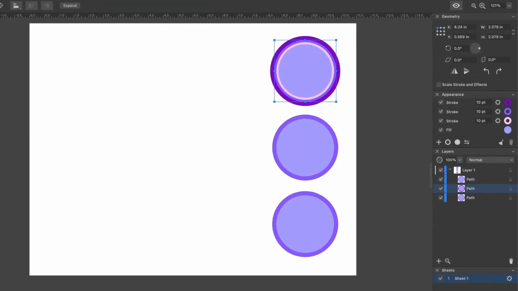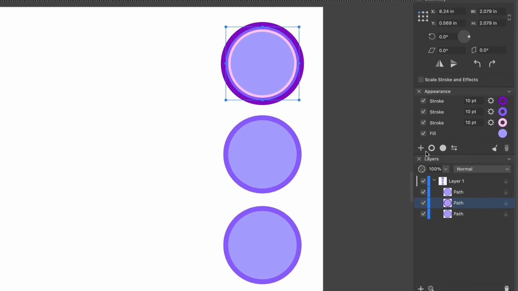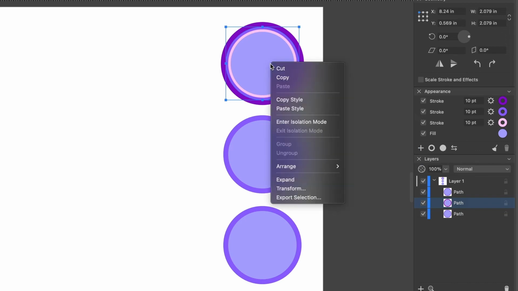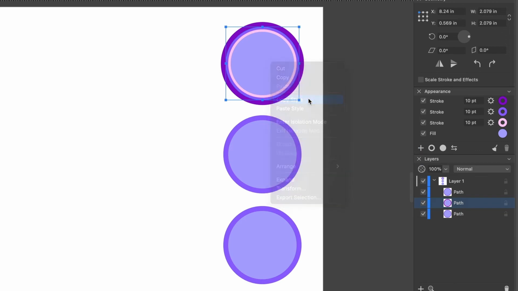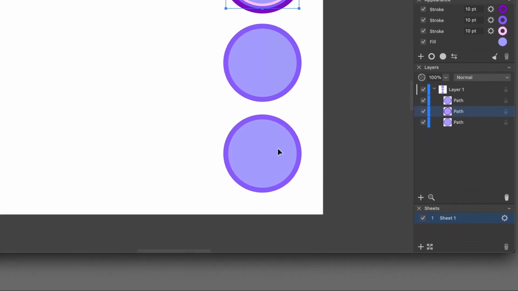Now let's take a look at the larger picture. Objects can have multiple properties with particular colors, such as a stroke, fill, or shadow. The combination of these properties is called the object's style. To apply the style of one object to another, you can copy it using the Copy Style and Paste Style commands that are found in the Context menu.